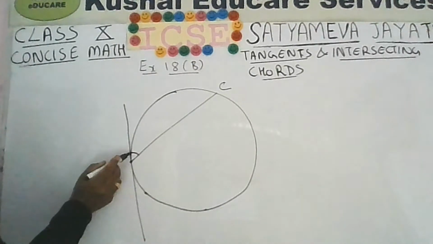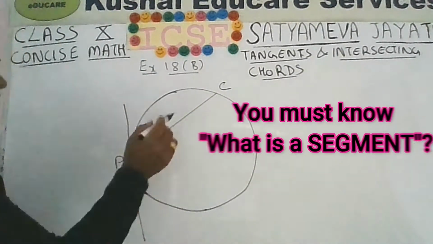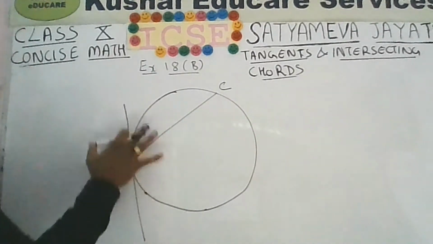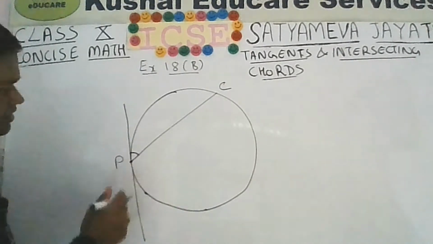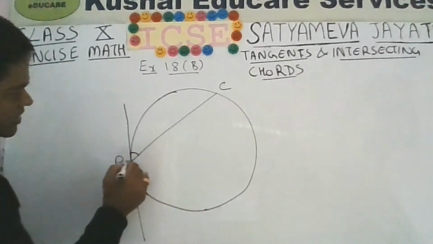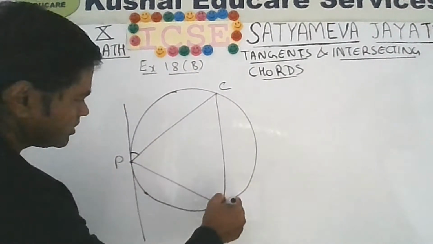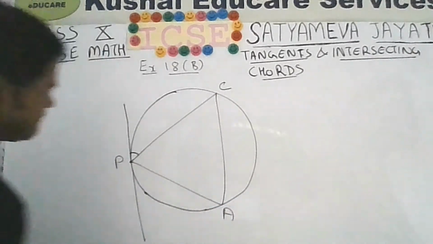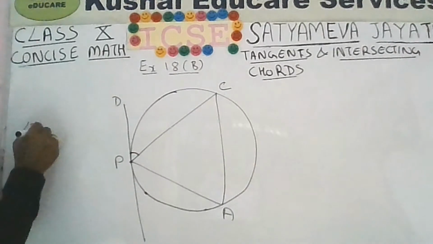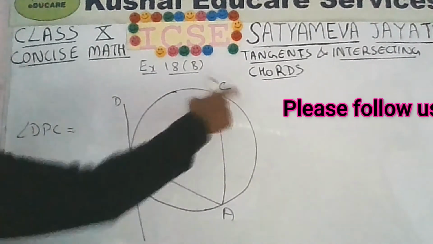So you are having angle here. So not in this segment. You must be knowing what is the segment of a circle. If you are having a chord CP, then you can see that there are two segments, minor segment and the major segment. So you are taking this angle. So in the alternate segment, any angle, it can be like this. Let's call this point A. Okay. If this point is D, then we will say that angle DPC, it will be equal to angle PAC.